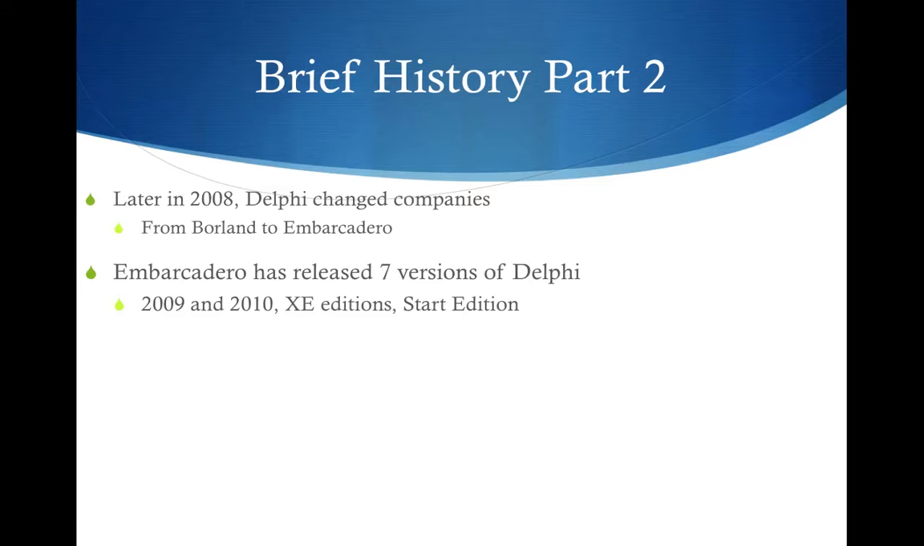Again, later in 2008, Delphi changed companies from being owned by Borland to Embarcadero. And at this place, they released 7 different versions of Delphi. 2009, which was also Delphi 12, added many new features, such as a complete reworking of the VCL and RTL for full Unicode support. Delphi 2010